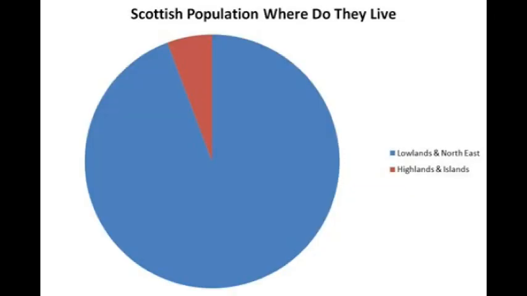And where do we all live? Well, I'm afraid we don't all live in the Highlands and Islands, so you have to forget all those sorts of us roaming the glens in our kilts. The overwhelming majority of people in Scotland live in what's called the lowlands and the northeast of the country, with most of us being in what's called the central belt, which stretches across the middle of the country, includes Edinburgh and Glasgow, obviously.